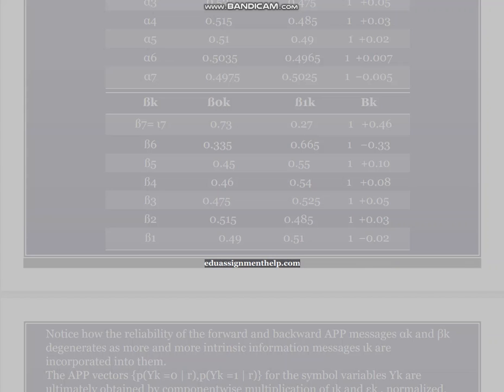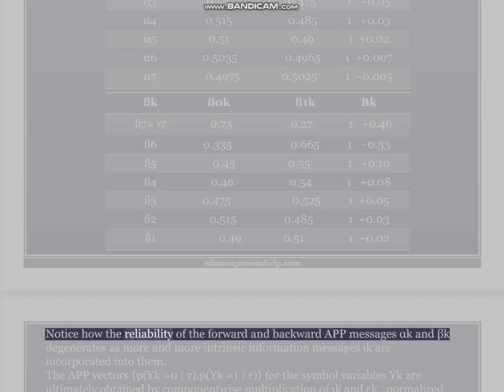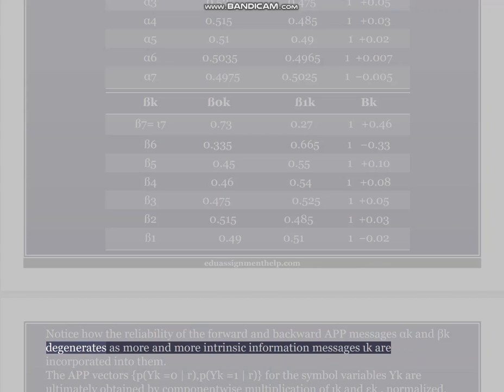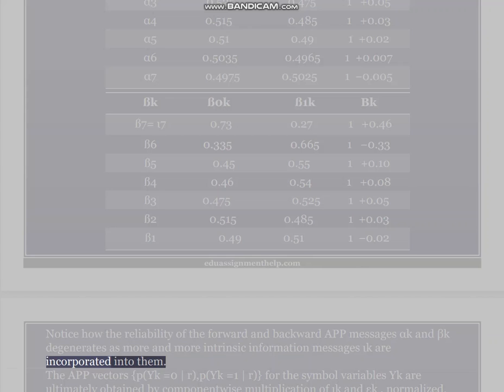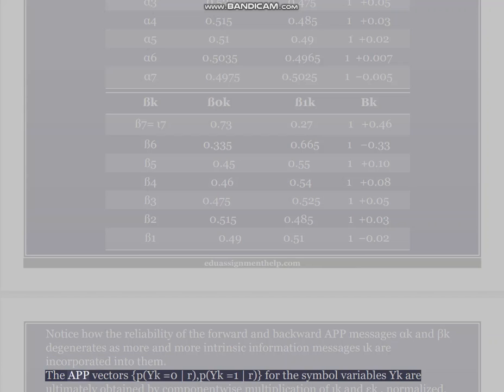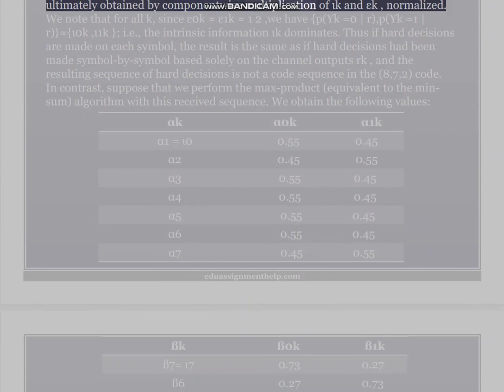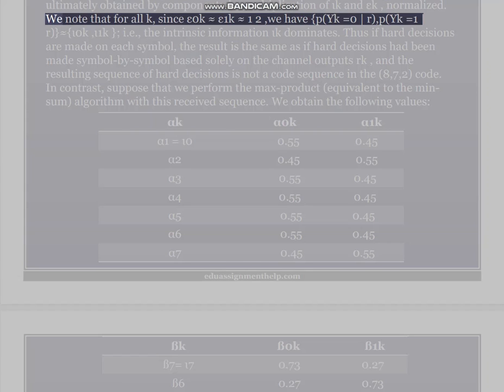Notice how the reliability of the forward and backward APP messages αk and βk degenerates as more and more intrinsic information messages ιk are incorporated into them. The APP vectors p(yk=0|r), p(yk=1|r) for the symbol variables yk are ultimately obtained by component-wise multiplication of ιk and εk, normalized. We note that for all k,